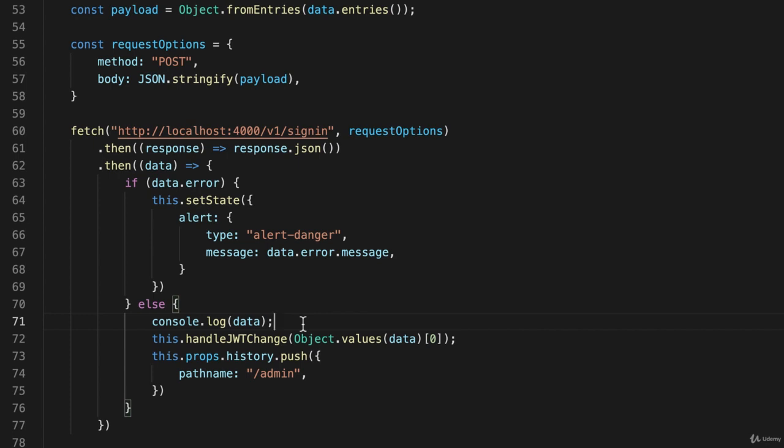And what I'm going to do is take that token that we've received back from the REST API, and I'm going to put it into local storage. Now I could put it into a cookie if I wanted to, but I'm going to put it into local storage just because it's really convenient and every modern browser out there supports it. So after this .handle JWT change and before the redirect, what I'll do is just call